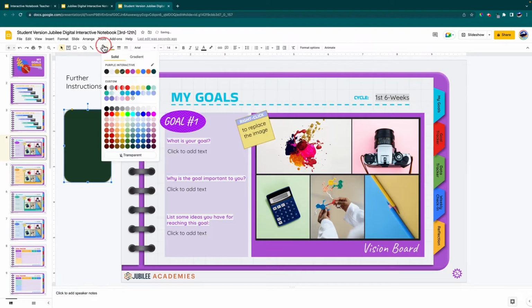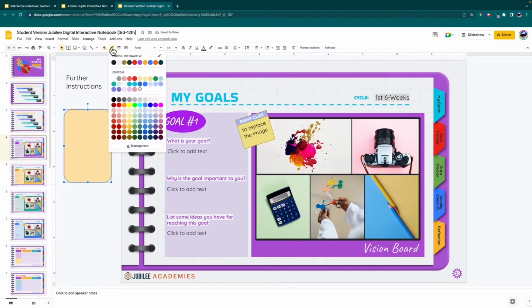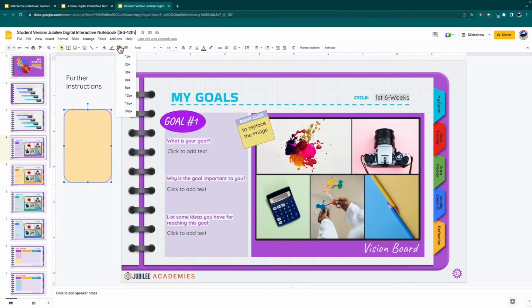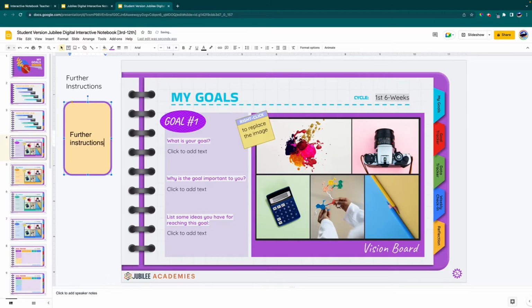And I can recolor that shape to something that looks a little bit better. And I can also click on border weight to make that border a little thicker if you really want it to stand out for students. So in that shape, you can double click and provide further instructions in there as well. So you can choose the way you want to add some prompts or cues on the sidebar of these pages